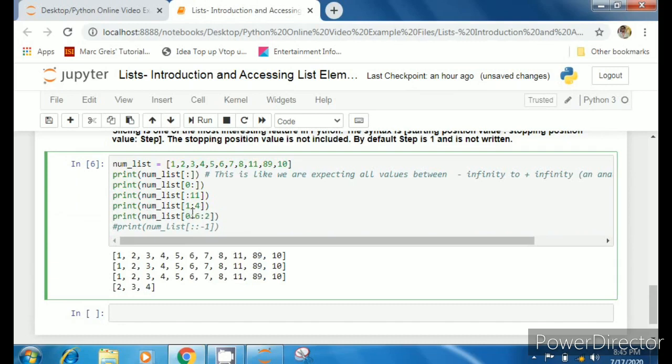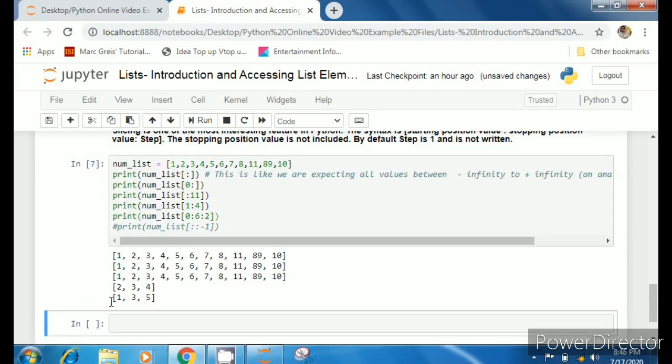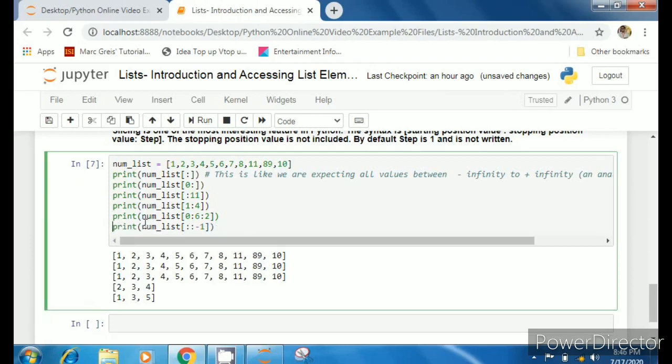Now how to use these operators of a step, the increment operator? By default it is 1, but here I am writing 2, 0, 6, 2. So I want all values from 0th index position to 5th index position, but in a step of 2, not in a step of 1. So I'll write 2 here, and see the above functions there. I haven't written 1 because by default it is 1. Let's run this. See, 1, 3, 5. So it started from 0th index position, that is 0, then jumped to the 3rd position because I want an increment of 2. Okay, now moving on to this last function.